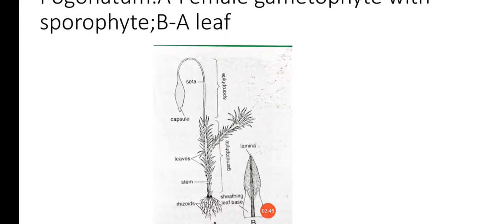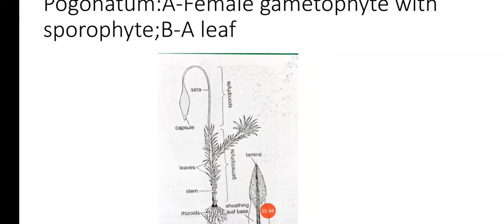Now this figure shows the female gametophyte and the leaf of the genus Pogonatum. Now when you see the external morphology of the plant, देखिए ये प्लांट है पोगोनेटम का. ये फिगर आपको बताता है the female gametophyte having the sporophyte,